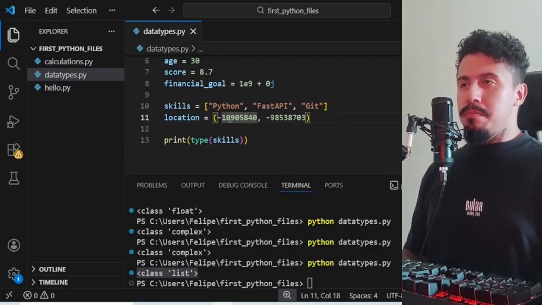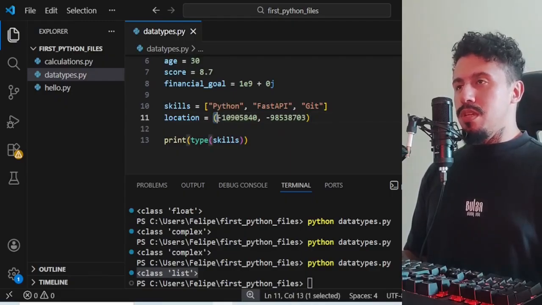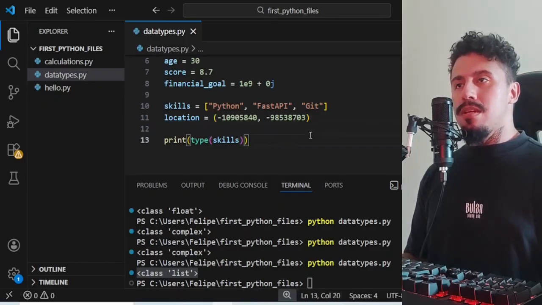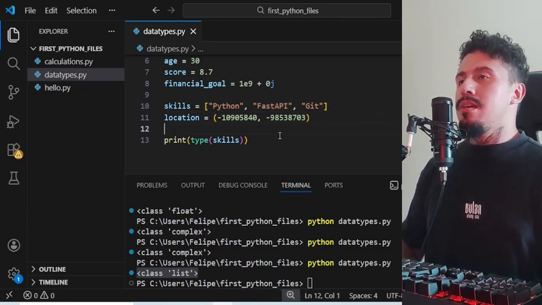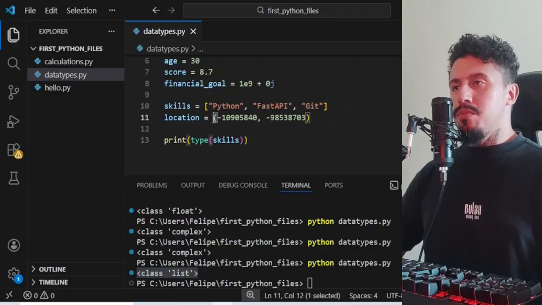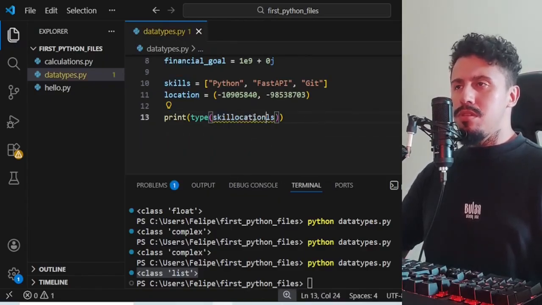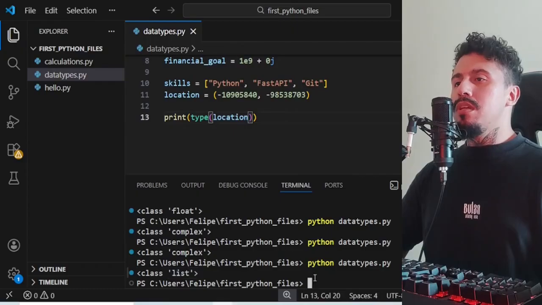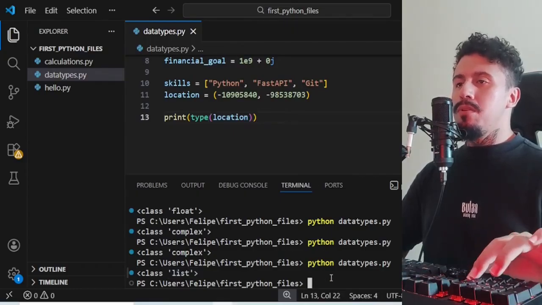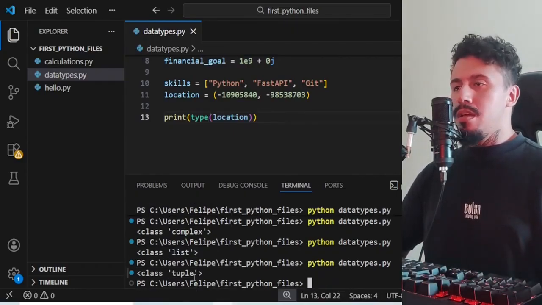The basic difference is you declare them between parentheses. A list you declare with square brackets, and a tuple you declare with parentheses. Alright, let's get the data type to see. Location, let me save it, let me run, and tuple.